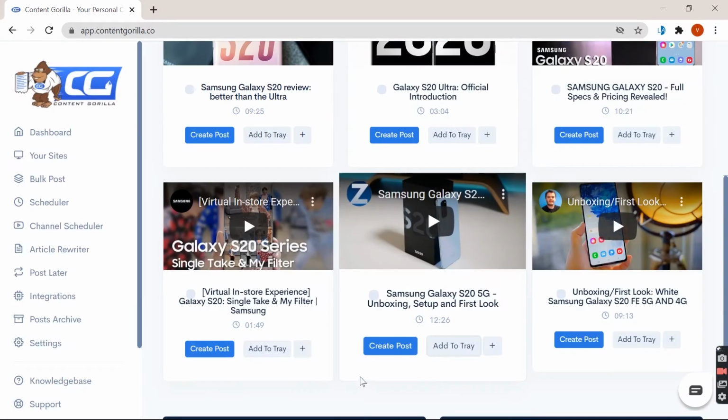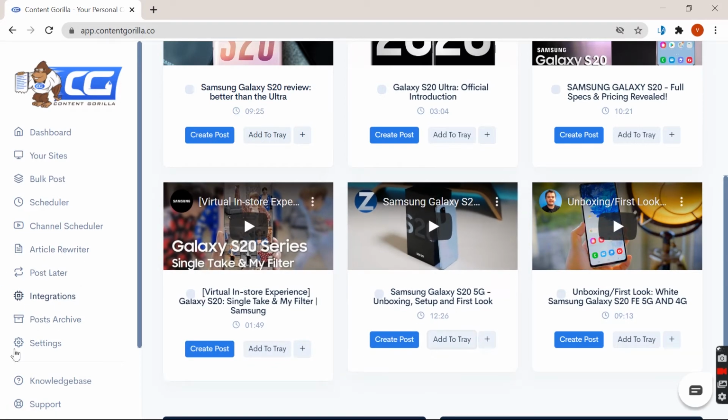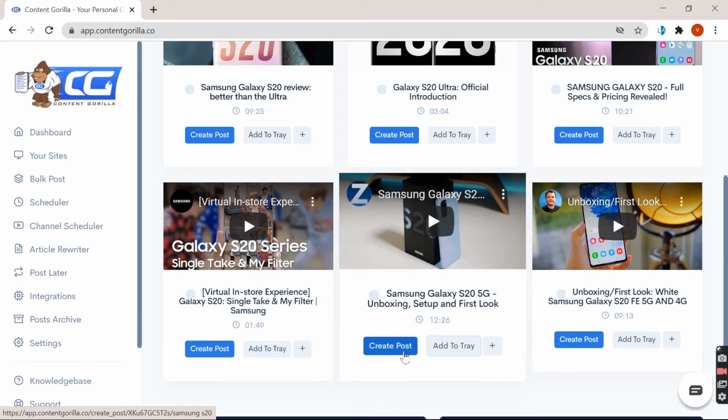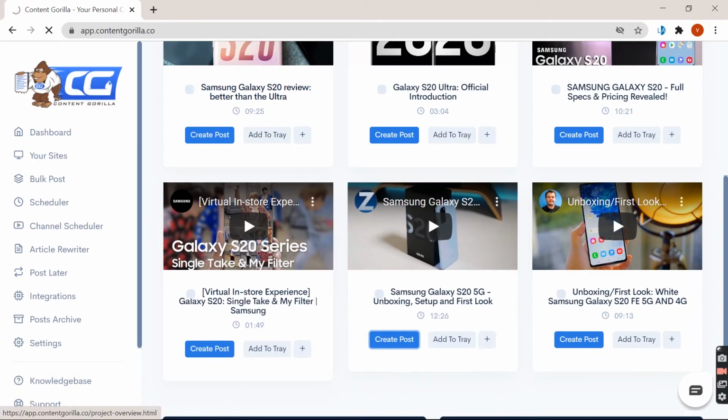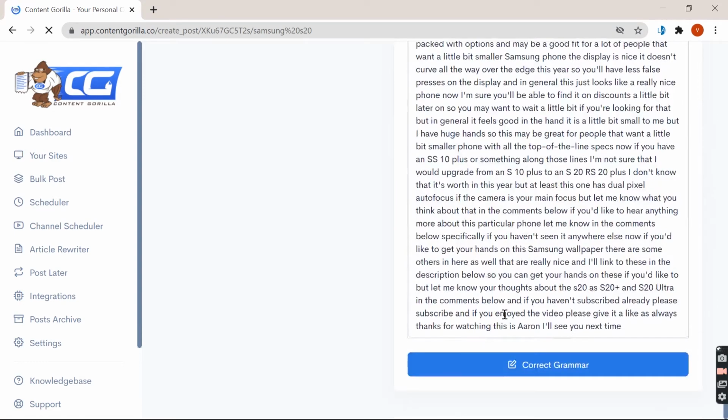I'm going to talk about the pro version, whether you should go for it or not, but before that I will tell you about this plus option. As in YouTube we have watch later, this plus option works the same way. This video will be saved in the post later option, and then you can create the post from that video whenever you want. Now with this option, you're gonna go and create post. So the post will be generated.